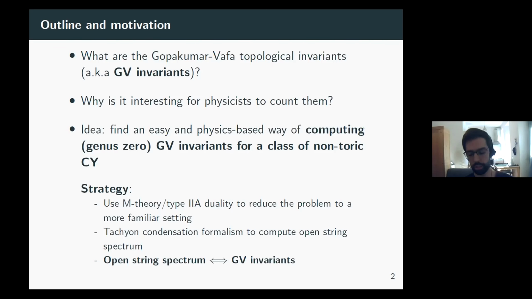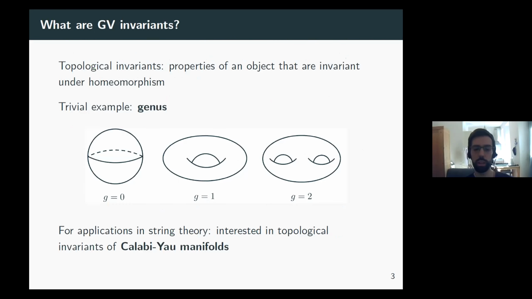So what are these GV invariants? They are a class of topological invariants, and topological invariants are objects that do not change under homeomorphisms. So the most trivial example one can think of is the genus, which, roughly speaking, counts, for example, holes in a Riemann surface. But actually, for applications in string theory, we are interested in topological invariants of Calabi-Yau manifolds, and that's what GV